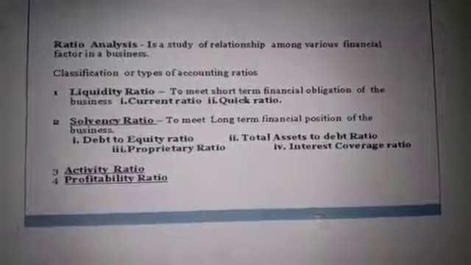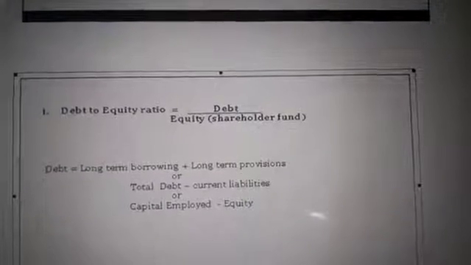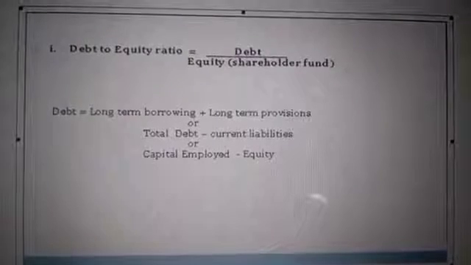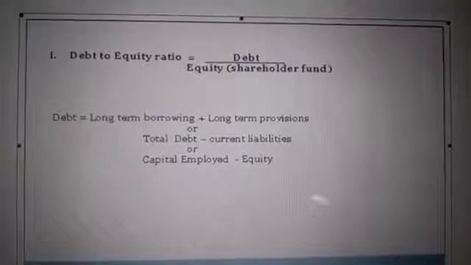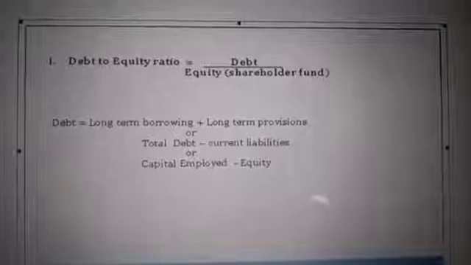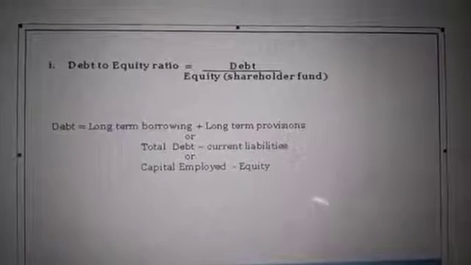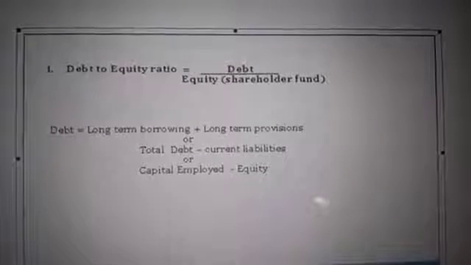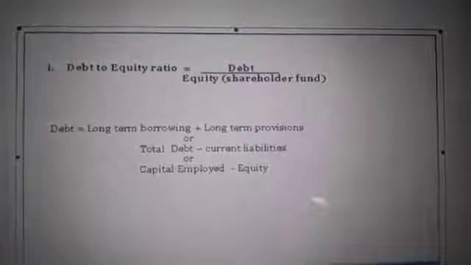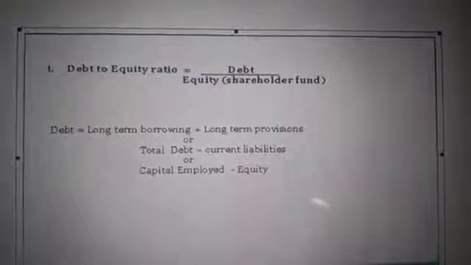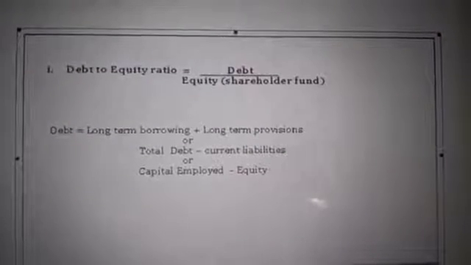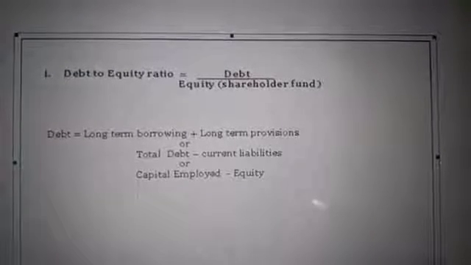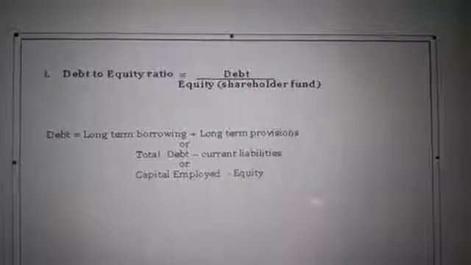Debt equity ratio. What do you mean by debt equity ratio? You all know debt equity ratio is equal to debt divided by equity. Debt means long term borrowing, the borrowing for more than 5 or 6 years. And equity is what? The amount invested by the investors in the form of shares. Those investors in companies who invest in the amount of share are known as shareholders. So equity is what? Shareholder funds. What will be included in the equity? Let's see.